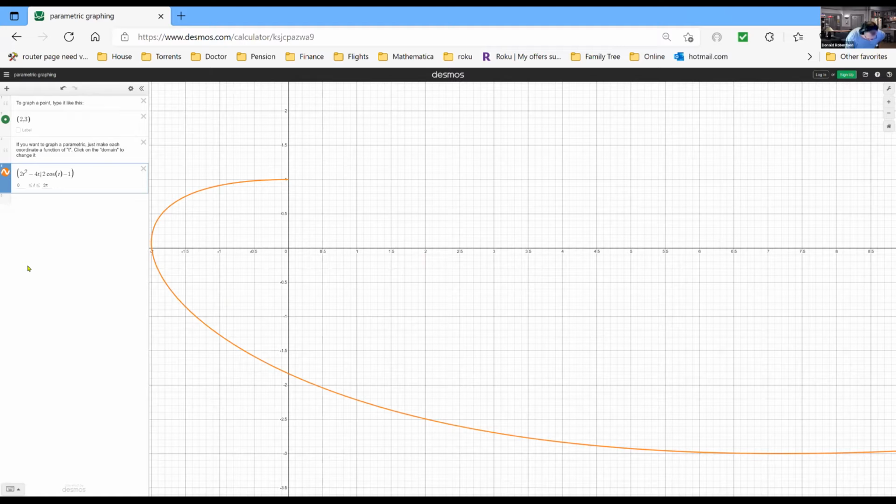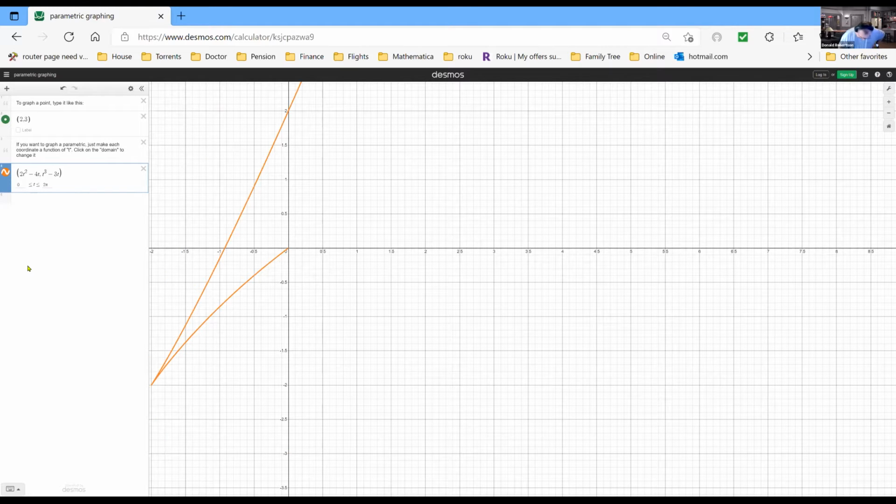And then I'm going to go to t cubed minus 3t. And we know that at the point 6, 2, we should get,